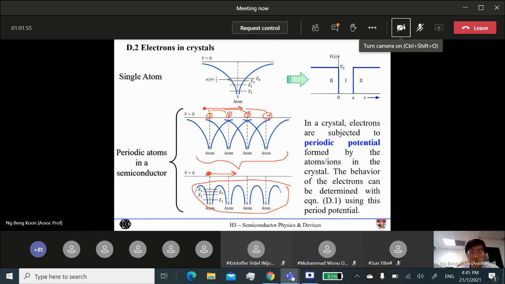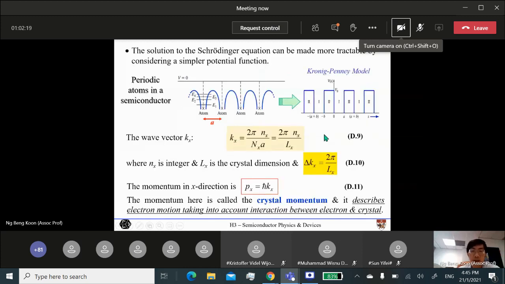So of course, if you use this actual graph and put it in the Schrodinger equation, you can do that, but the challenge is that this is quite difficult to solve, right? It's a sum of many 1 over r curves. You put it in the Schrodinger equation, it's quite complex to solve. Okay, so again, we can adopt a similar approach to that of the single atom, right? Instead of using the actual potential profile, we can use an approximation, like what we did before. Okay, so